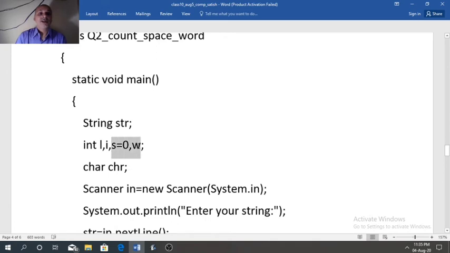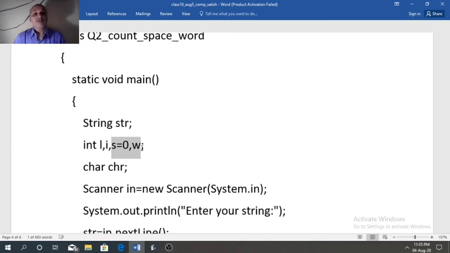Why are these two extra variables required? s is required to find the number of spaces, w is required to find the number of words. Since it is an integer value, we declare these variables with int type. Why is 0 stored in s and in w we are not storing anything?